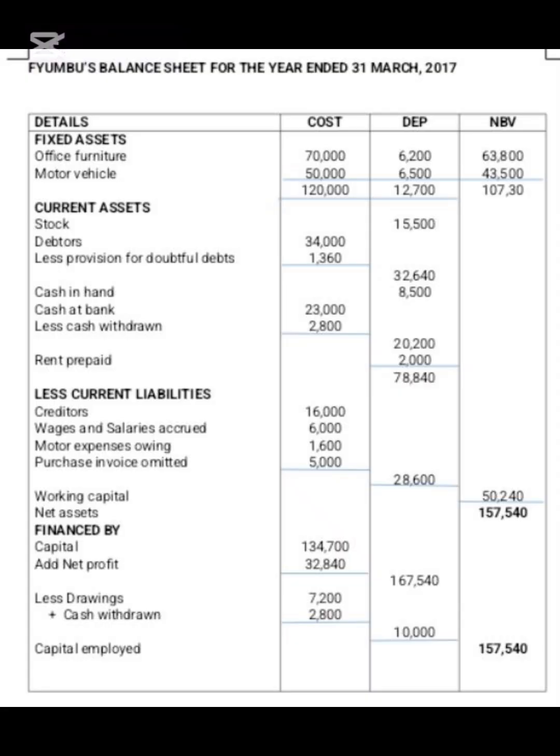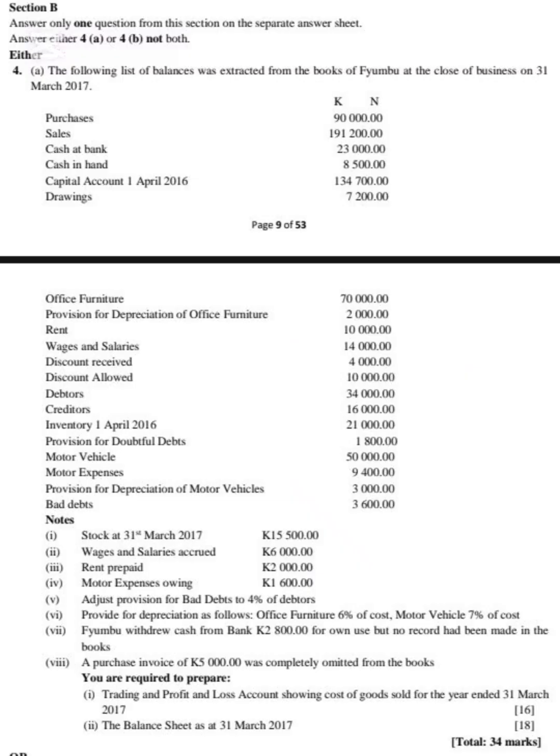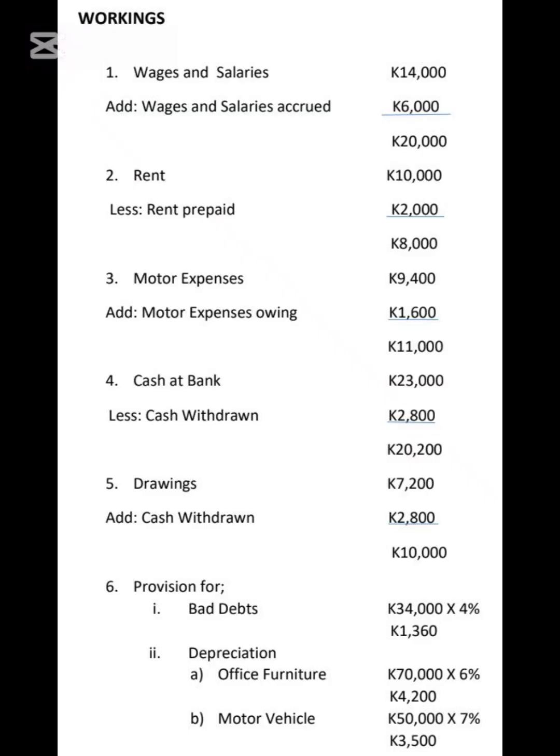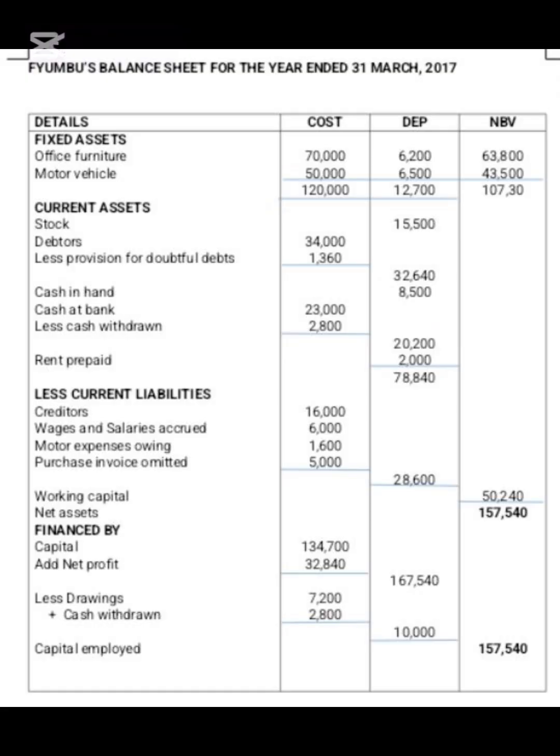Then if we add the accumulated depreciation of motor vehicle, the one that is already there in the list of balances is 3,000, and the one that we have calculated is 3,500. So we add them together and put them under the depreciation column. Then if we subtract the depreciation from the cost, it should give us the net book value as